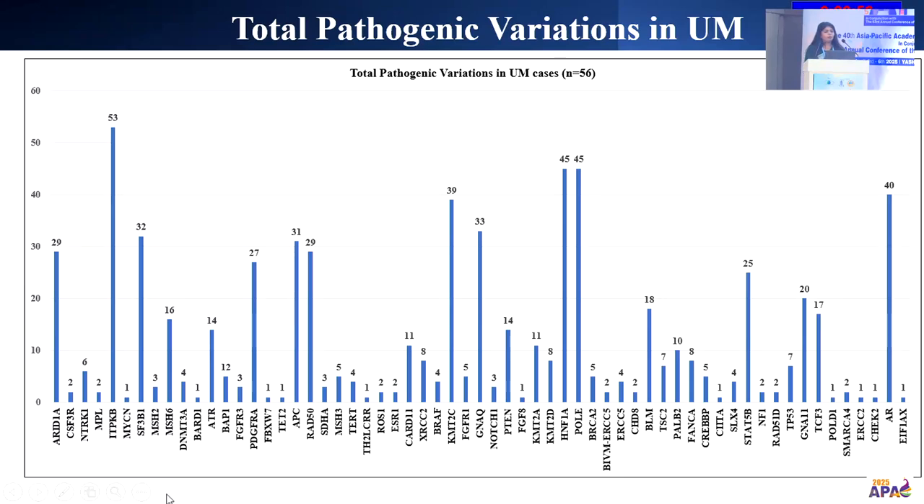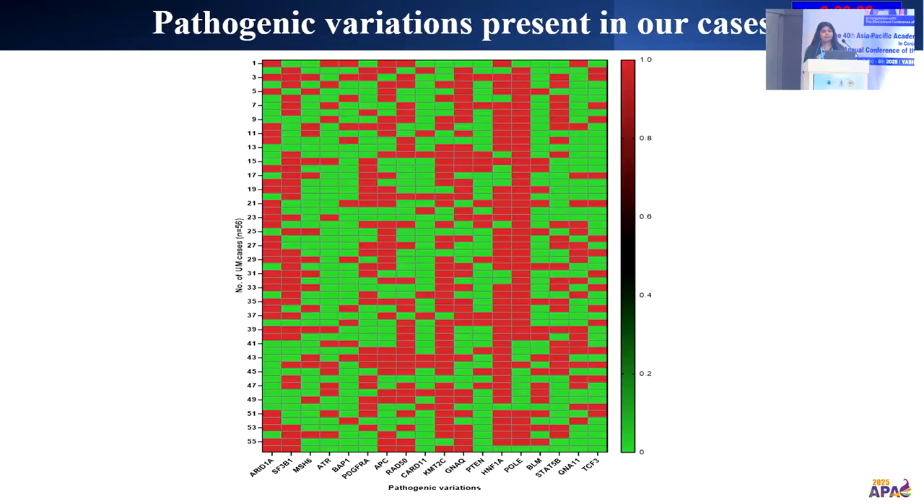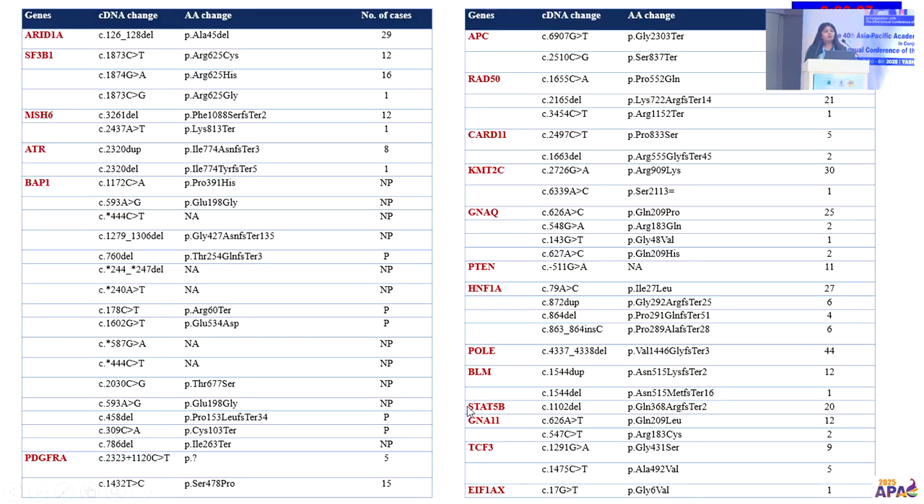The most frequent pathogenic variations were ITPKB, HNF1A, POLE mutation, and RAD50 mutation, which are different from the Western countries, as shown in their literature. These are the heat maps of these mutations, in which we found RAD50, KMT2C, GNAQ mutation, HNF1A mutations. These mutations are found in a number of patients, in which the most important one is BAP1, we